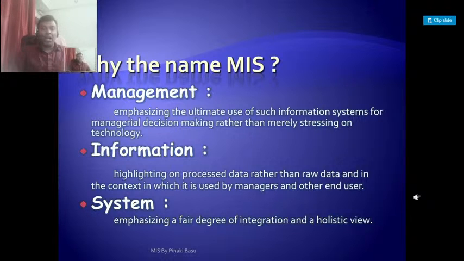Information: highlighting processed data rather than raw data, and the context in which it is used by managers and other entities. In data, we know it's raw data, a huge amount of data, which may or may not be useful for you, or complete data is not useful. So what do